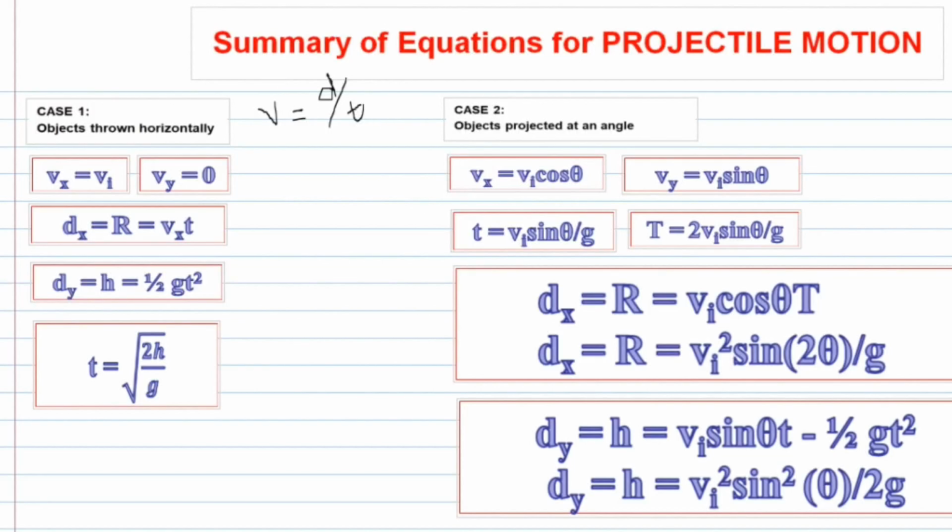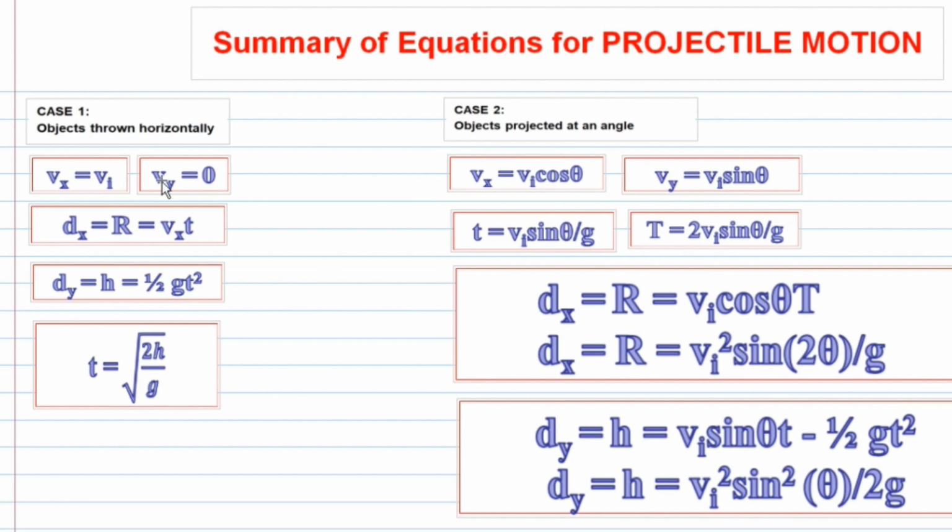So, in summary, these are the equations for projectile motion na makikita nyo nga doon sa aking video. Okay? So, we have two cases for projectile. Case 1, objects thrown horizontally, and case 2 for objects projected at an angle. When the object is thrown horizontally, meaning to say that theta is equal to 0 kasi horizontal siya. Okay? Ito, syempre, hindi siya equal to 0 kasi projected at a certain angle. So, as such, magkaiba yung set ng equations or merong slight difference yung equations na gagamitin natin for case 1